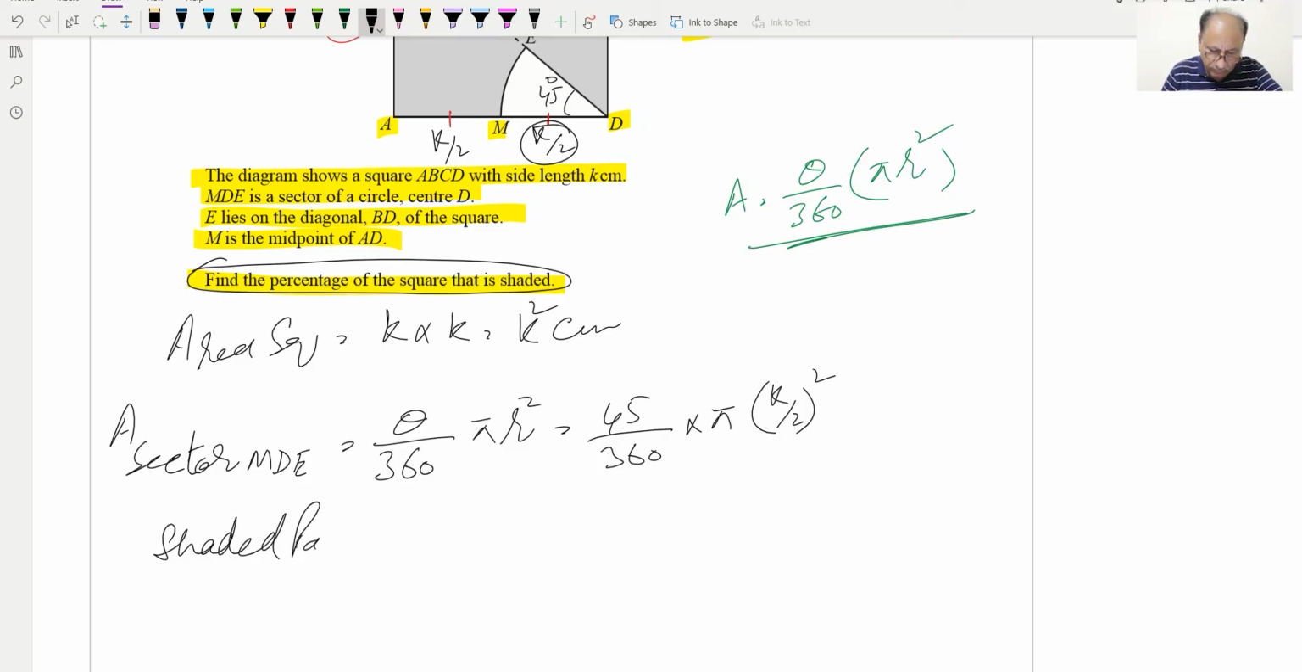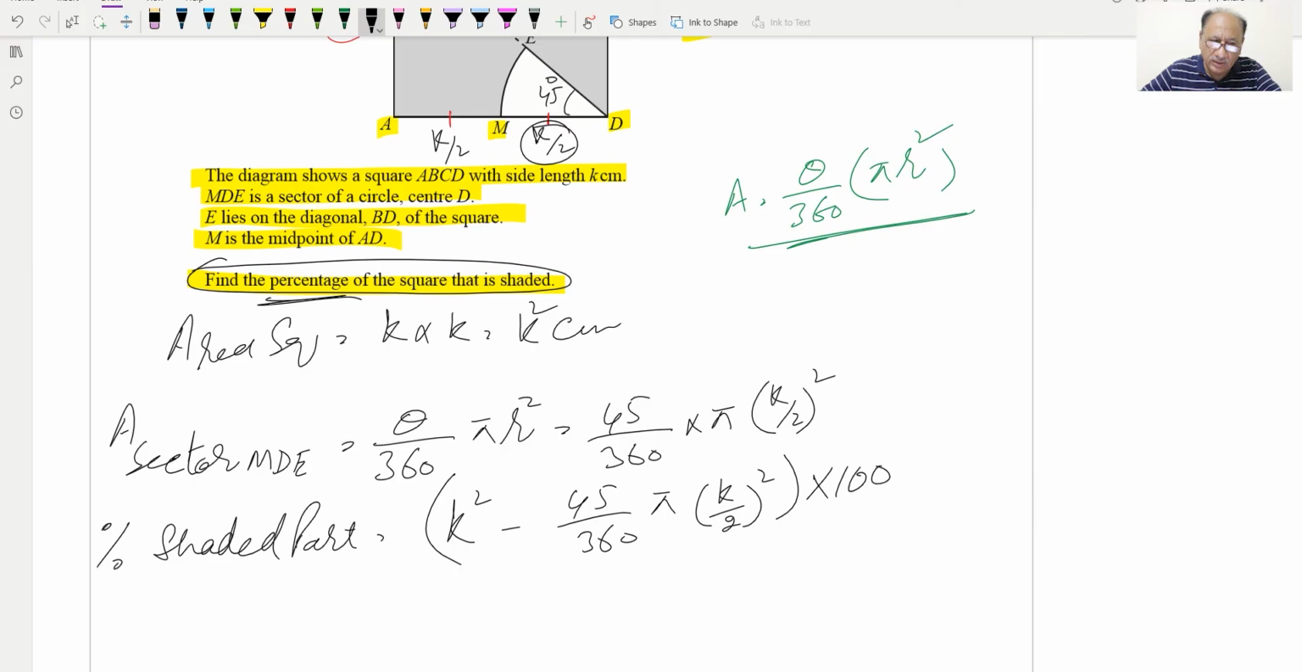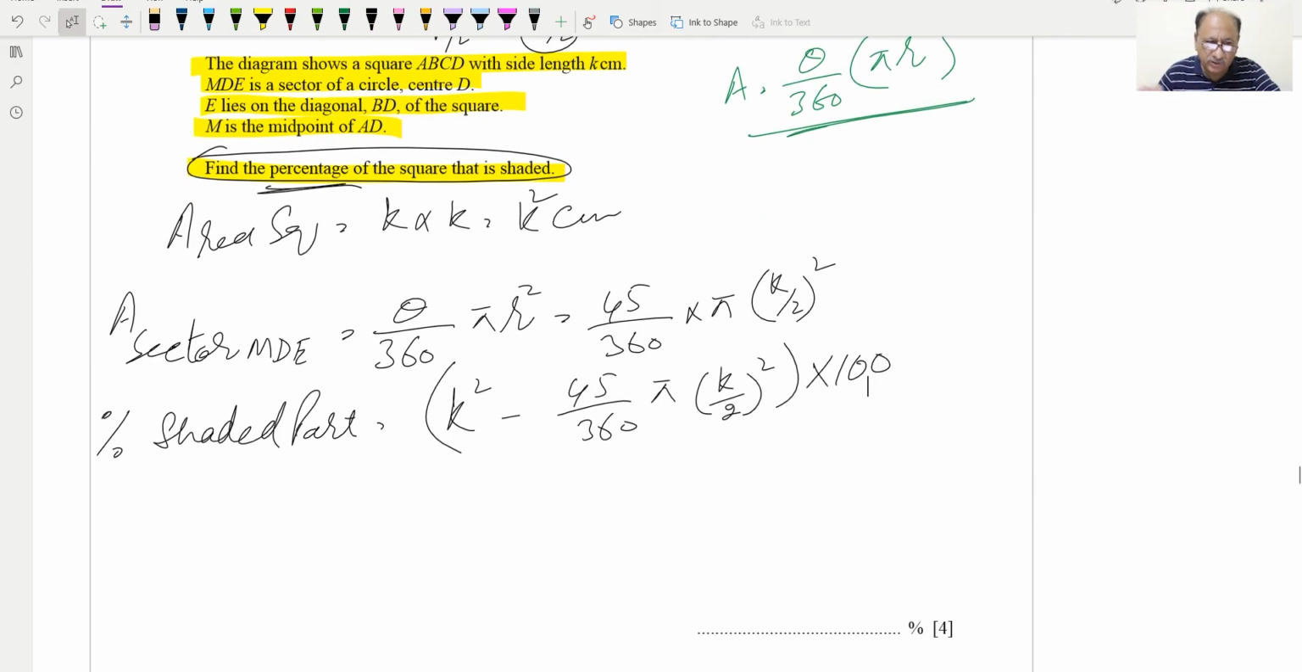Shaded part will be the total area minus area of the sector. So this will be 45 by 360 into pi and k over 2 squared, and this will be our shaded portion. And they're saying percentage. So percentage shading portion, so we'll multiply this by 100, and after simplification,